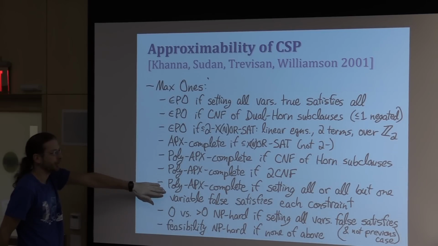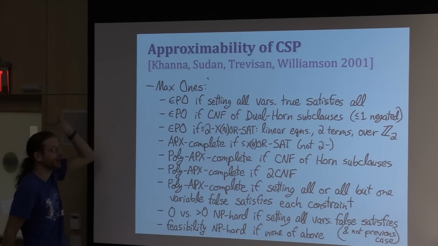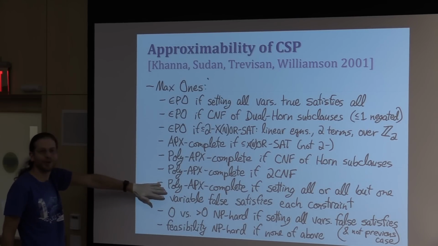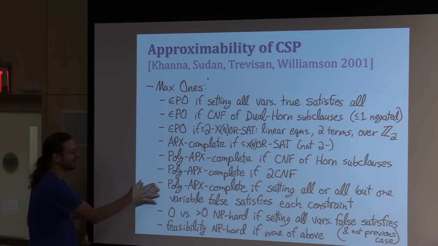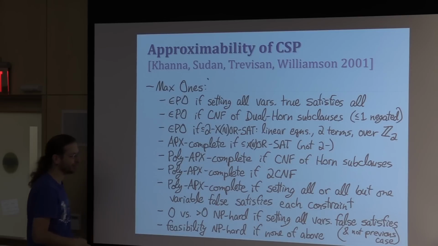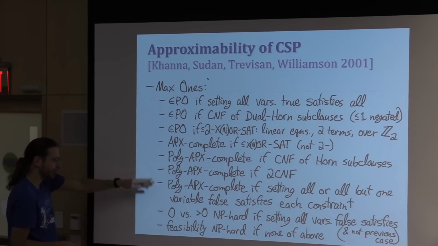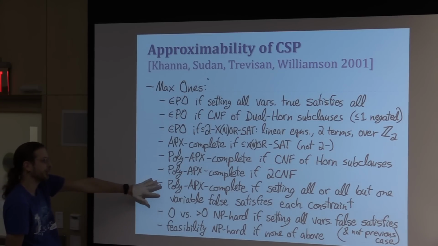Like when you can set them all false and that satisfies everything. It doesn't help you when you're trying to maximize the number of ones. It just gets you to 0. Then you want to do better, and it's really hard to get any better factor. One more situation. This is